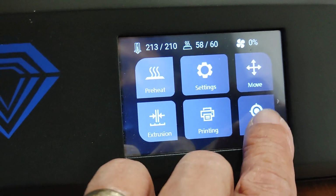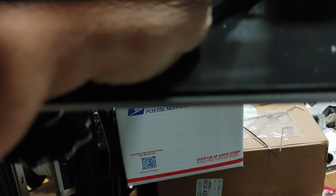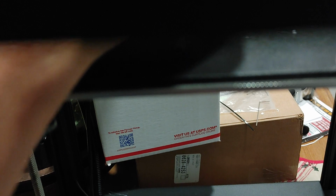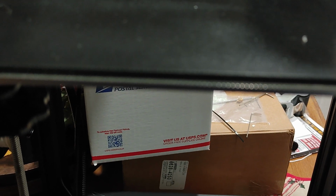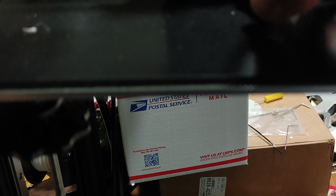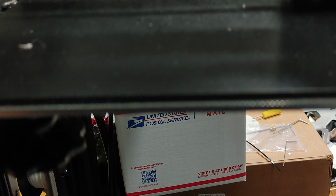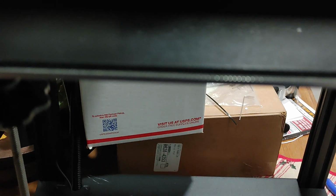I should be able to start printing right now. So I'm going to print, grab that file again, grab this file, confirm, and this should start printing with no issues. I've already leveled the table, already set the filament correctly there. I should start spewing filament. I'm trying to grab that little booger there. There we go. Okay, it looks like it's